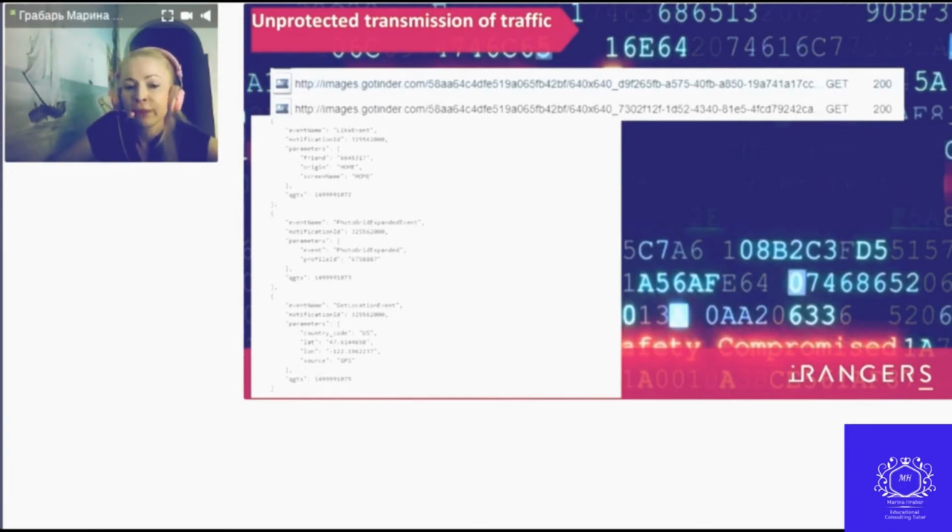HTTP request for photos from the Tinder app. The unencrypted data the module transmits to the server includes the user's coordinates.